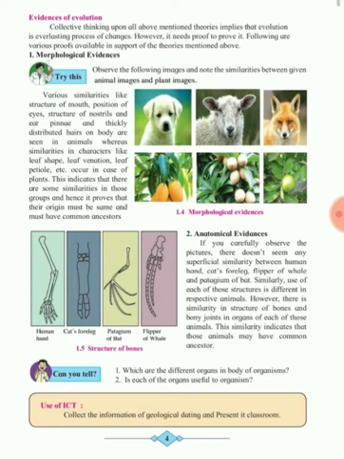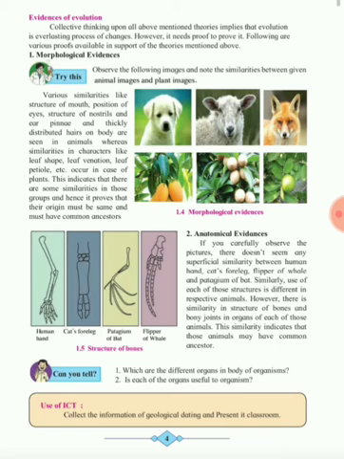If we carefully observe the pictures, there doesn't seem to be any superficial similarity between the human hand and the others; the structure of the bones is not the same. Similarly, the use of each of those structures is different for each animal. From this diagram we understand that the structures are different. However, there is a similarity in the structure of bones and bony joints in the organs of those animals. This similarity indicates that those animals may have common ancestors.